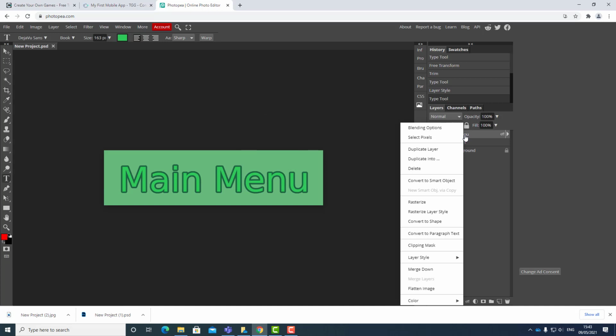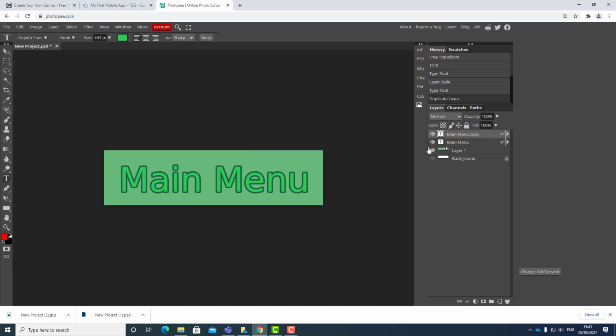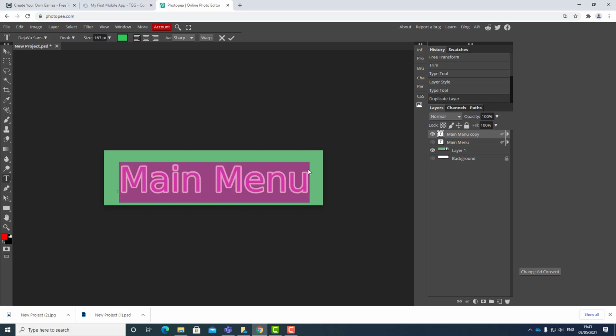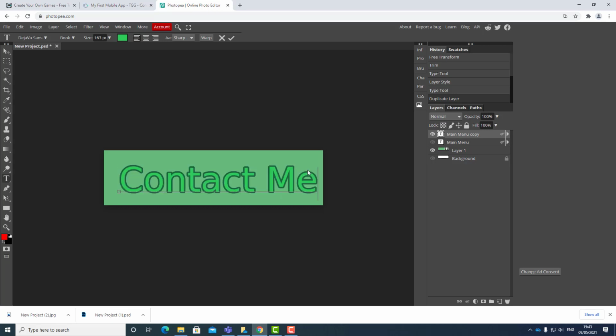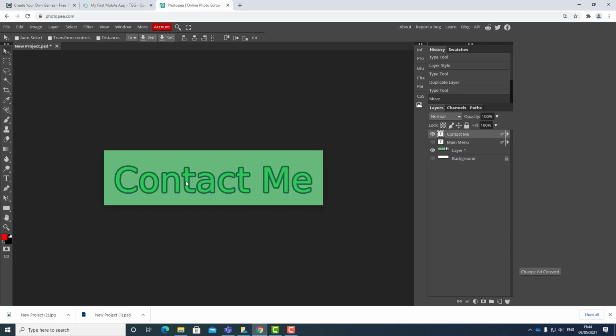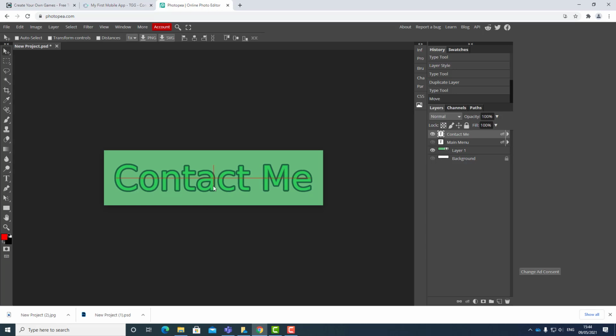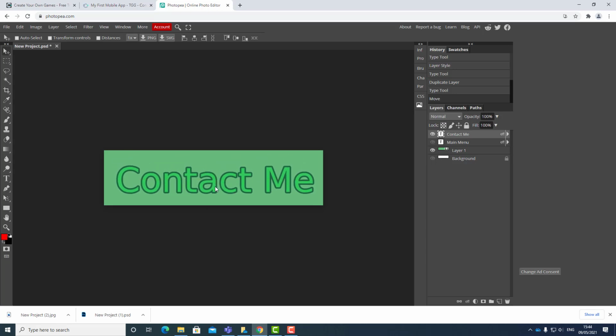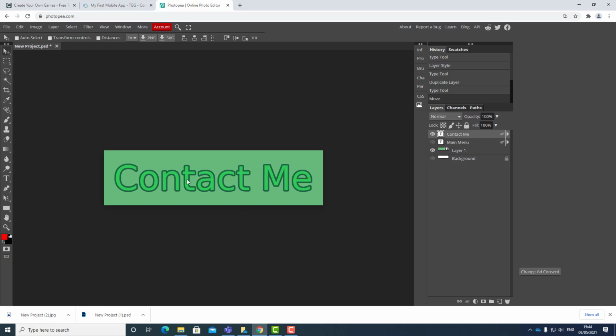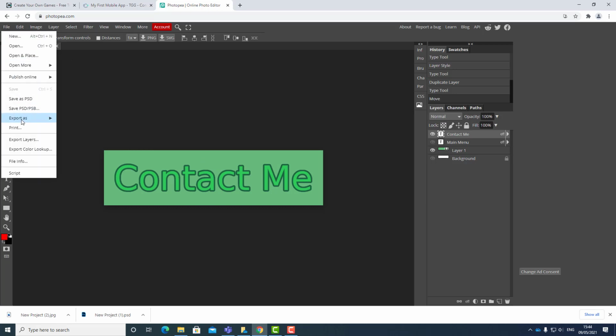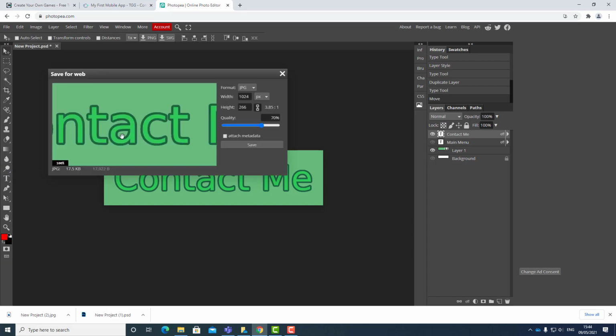Now I'm going to duplicate this layer. I'm going to hide the main menu. I'm going to double click right on the little T icon. I'm just going to call this Contact Me. I'm going to use the Move tool just to make sure that I move it about in the middle. Now you can see when you put it in the middle, because you will see two red lines, one going across and one going vertically. So I'm going to go to File, select Export As and JPEG,